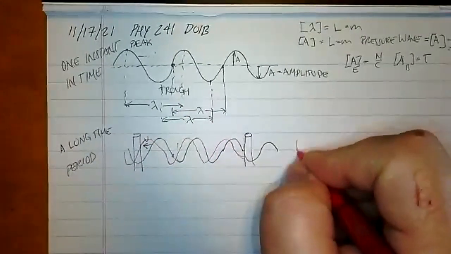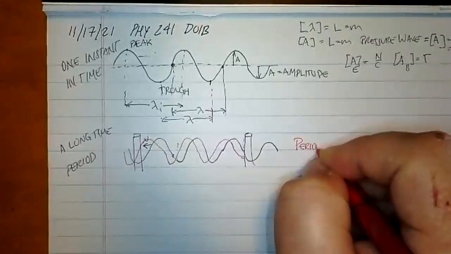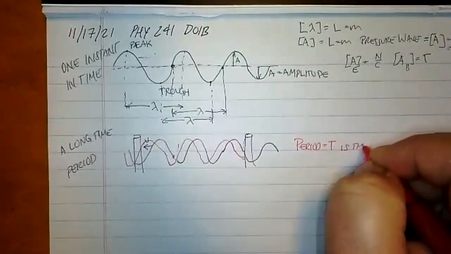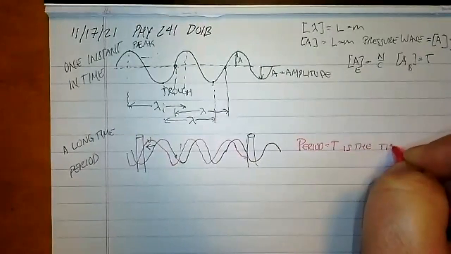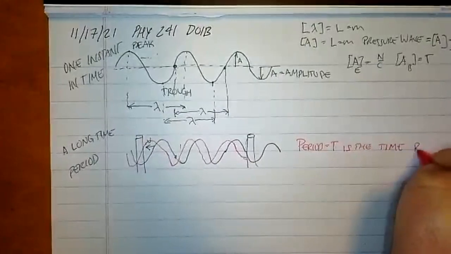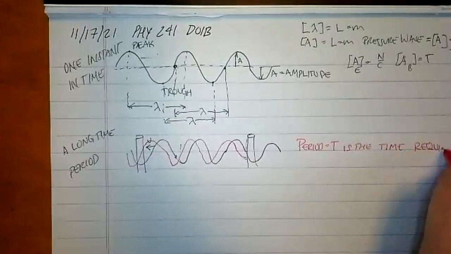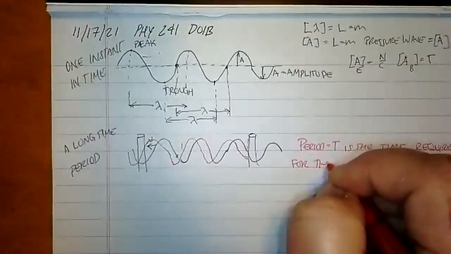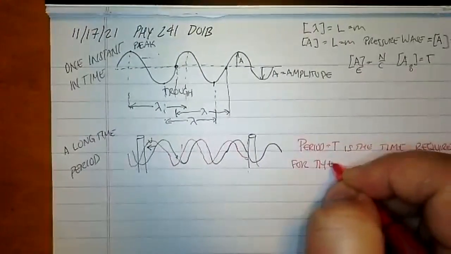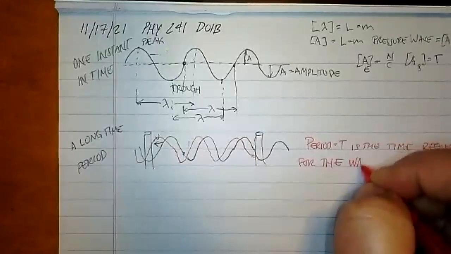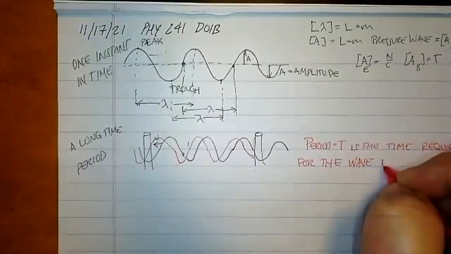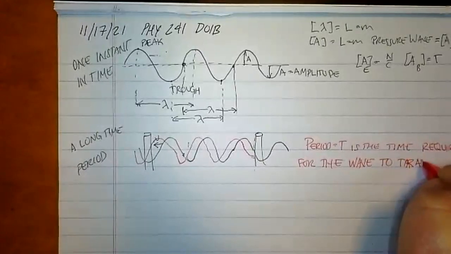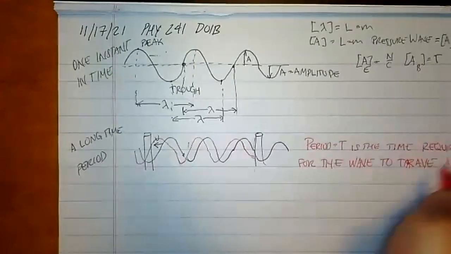So the period, which equals T, is the time required for the wave, meaning a whole wavelength, to travel a distance